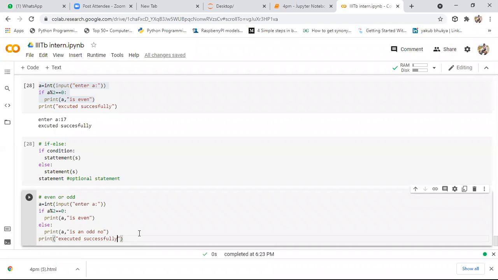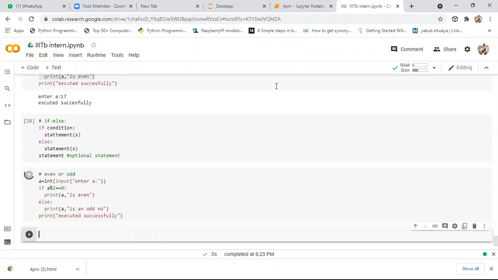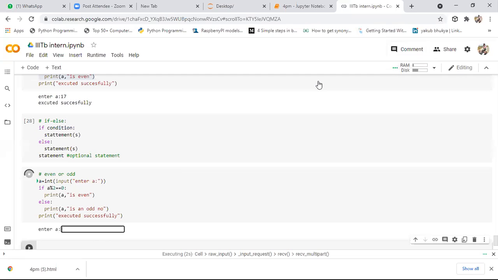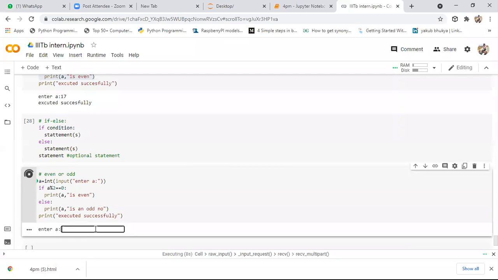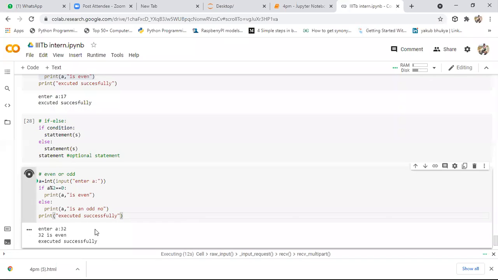Now I want to execute this portion. Okay, done. Here I want to enter the value of a first. Let's suppose I'm giving a value like 32. Whenever you give 32, initially it will check this condition.